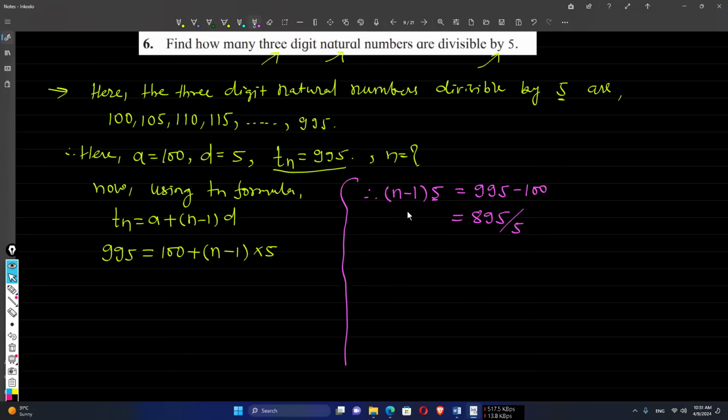Okay, so the left hand side will remain with n minus 1. Now let's divide this 895 by 5. So 5 ones are 5. Okay, then 3 is a remainder. 5 7s are 35. Then 4 is the remainder, and 5 9s are 45. So n minus 1 equals to 179. Therefore, n is equal to